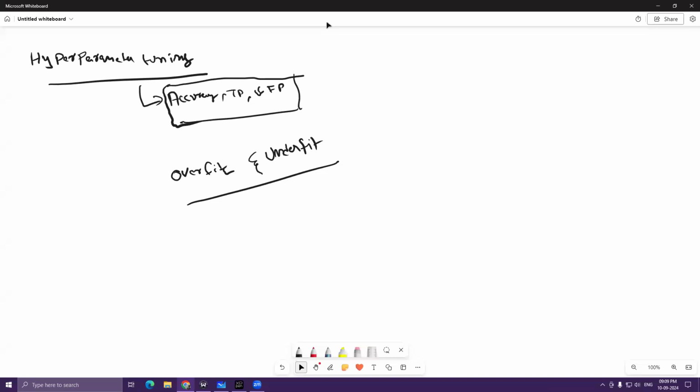My bad. Now, when we are actually talking about this overfit and underfit, we were actually discussing the train accuracy and test accuracy. Now, when this test accuracy and train accuracy comes into the picture, I just want to quickly have a refresher about the split of data. Now, whenever we have the raw data,